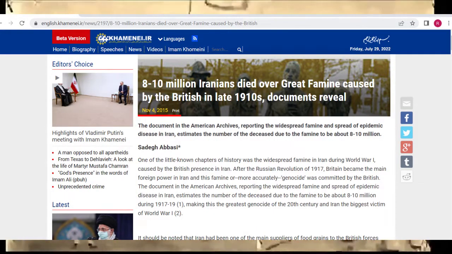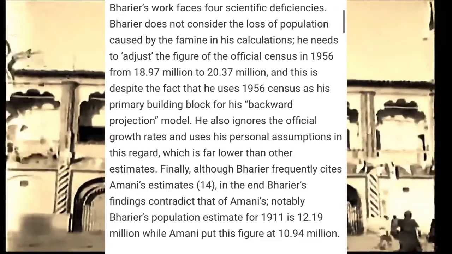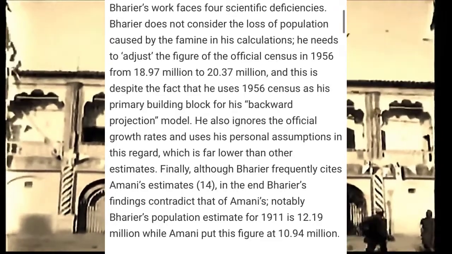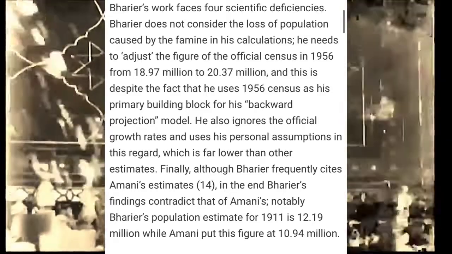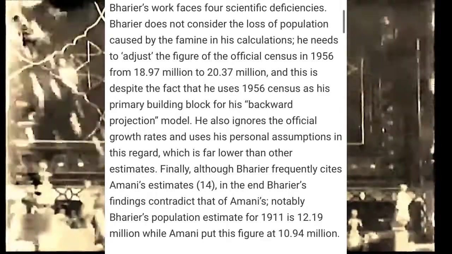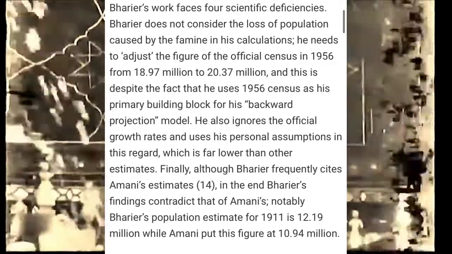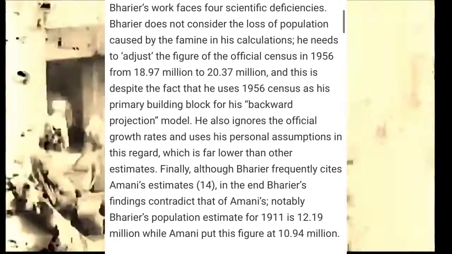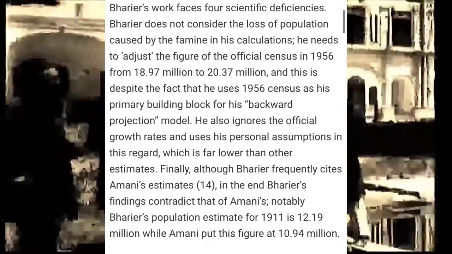Barrère's work faces 4 scientific deficiencies. Barrère does not consider the loss of population caused by the famine in his calculation. He needs to adjust the figures of the official census in 1956 from 18.97 million to 20.37 million. And this is despite the fact that he uses the 1956 census as his primary building block for his backward projection model. He also ignores the official growth rates and uses his personal assumptions in this regard, which is far lower than other